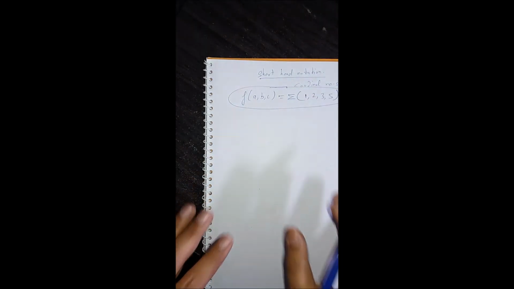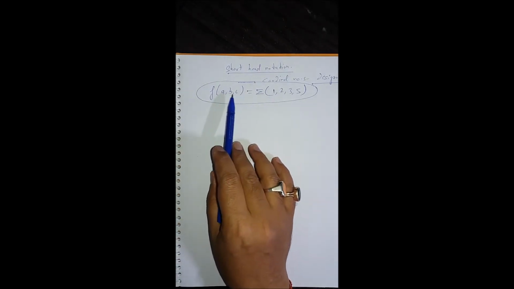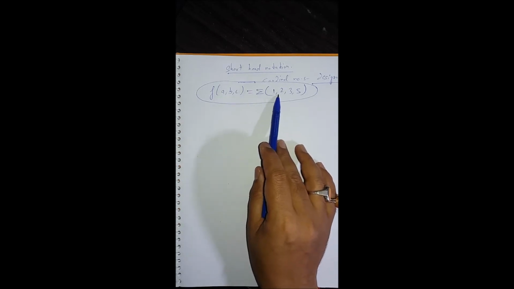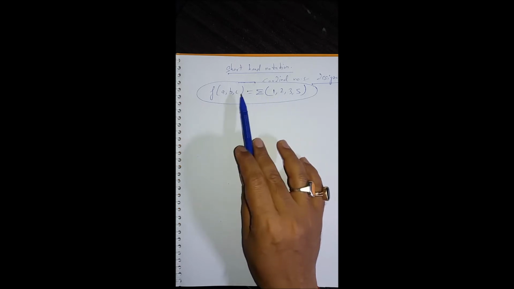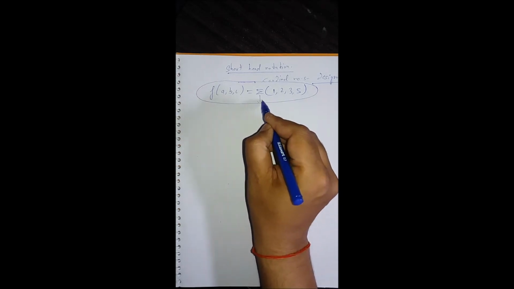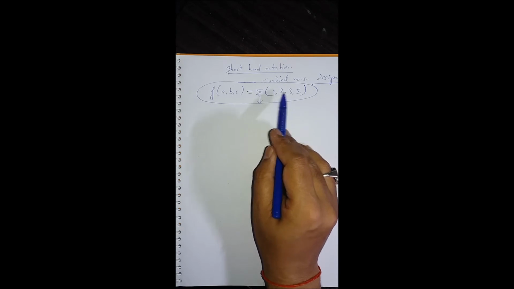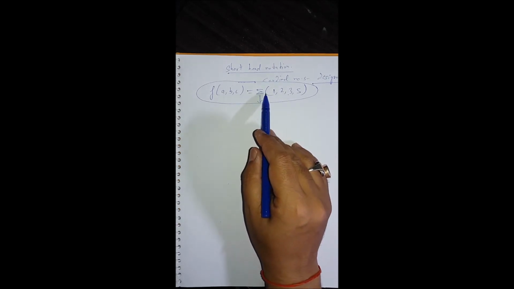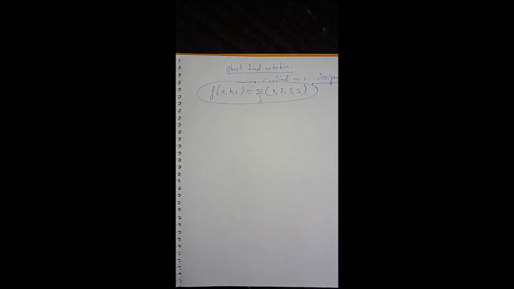So there is no need to make the full truth table. We can straight away write it: the variables are ABC and 1, 2, 3, 5 are the cardinal numbers on which, because it says it is summation. So summation means on these cardinal numbers or on these designations the output is 1. That means on the rest of the cardinal numbers the output is 0.